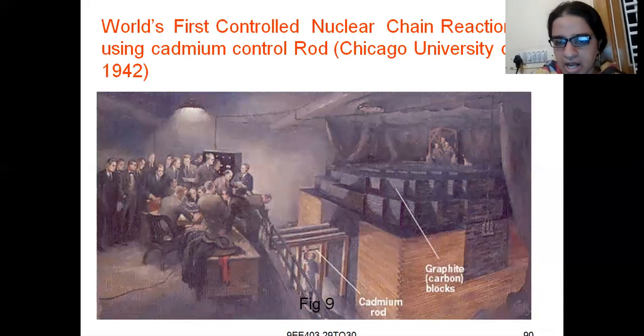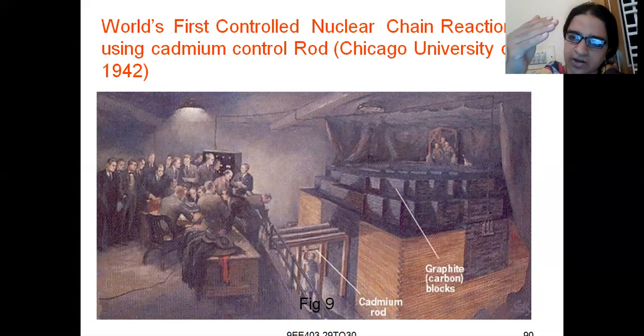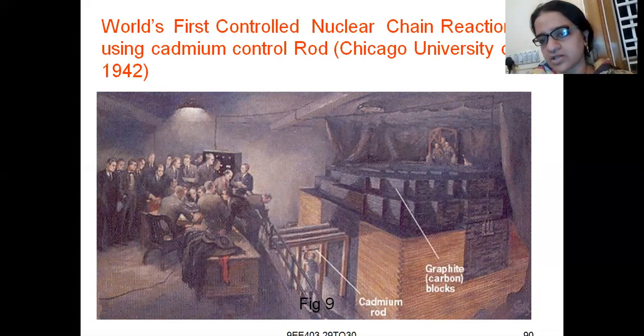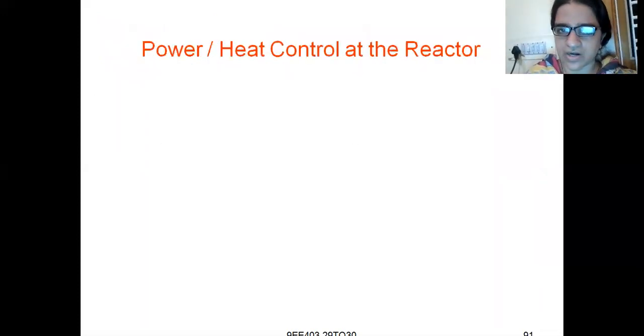See, these are graphite or carbon blocks. Okay, at the back side they are graphite or carbon blocks, and you can see the cadmium rods outside, and the placement of the rods. If you push the rods to a deeper level in the reactor vessel, or if the rods are placed at half the depth, or at a farther place from the reactor vessel, then according to that the nuclear chain reaction will be controlled.